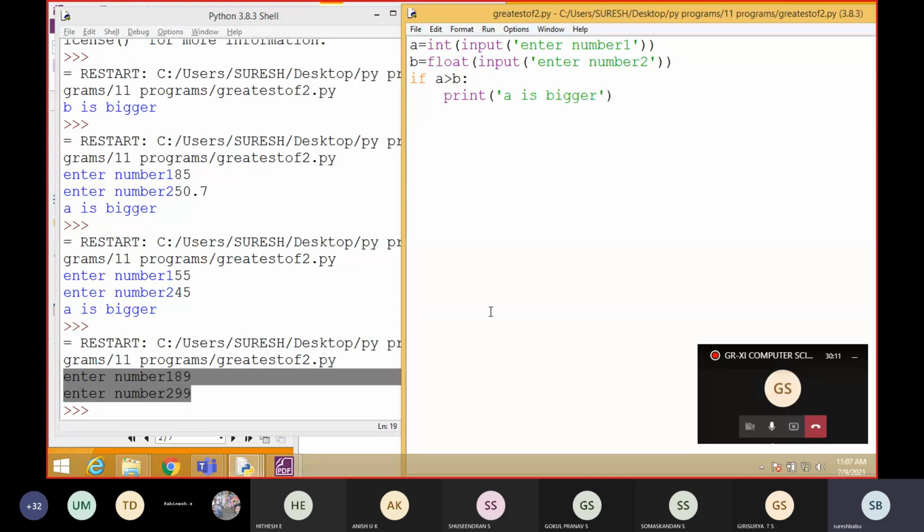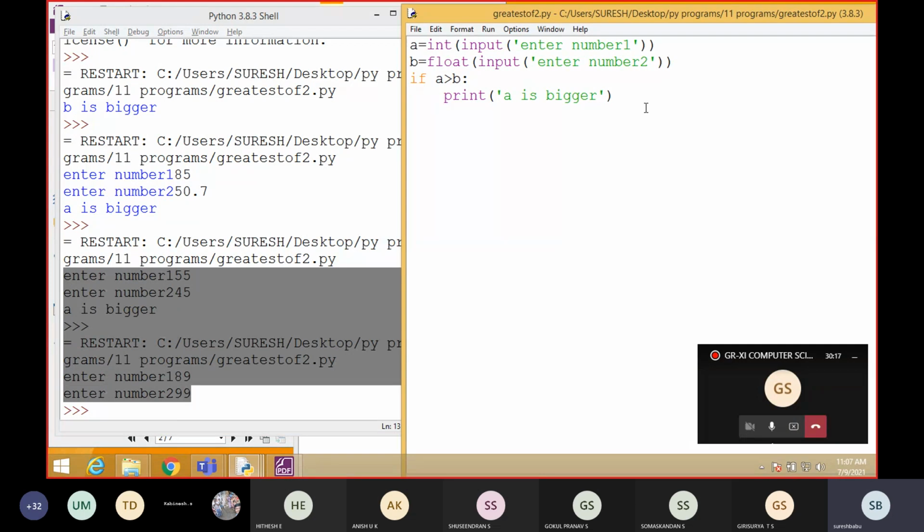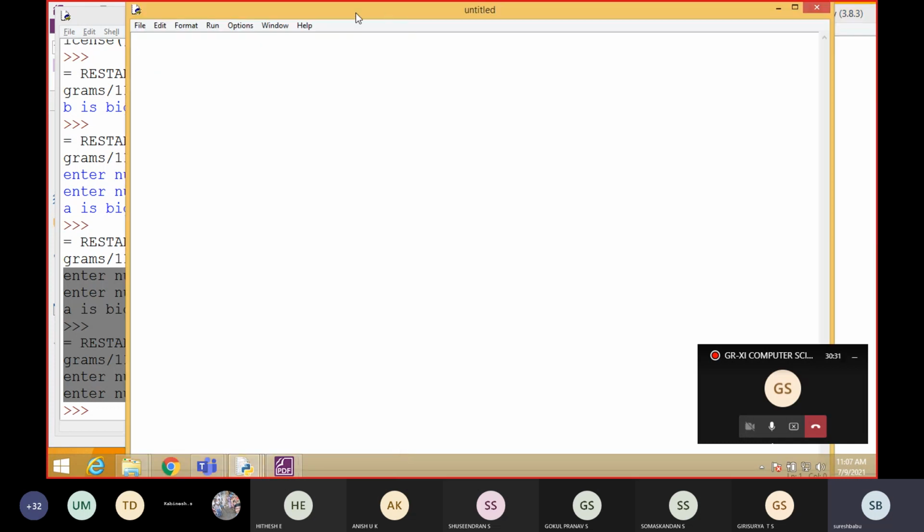Finally, everyone note down this also with the output. With the output, it will definitely make you understand these concepts. And yesterday we saw another program, that is an even number or odd number. So that also I am going to execute now again. So kindly listen.